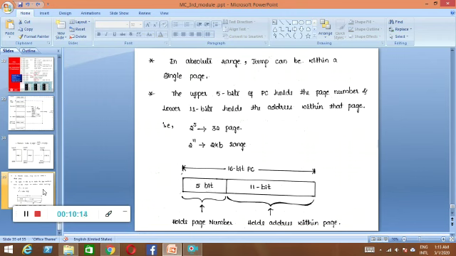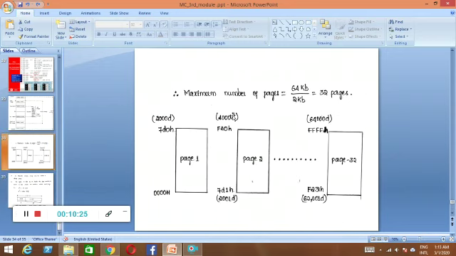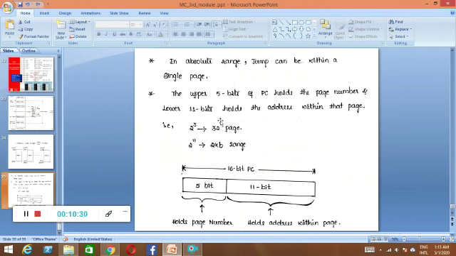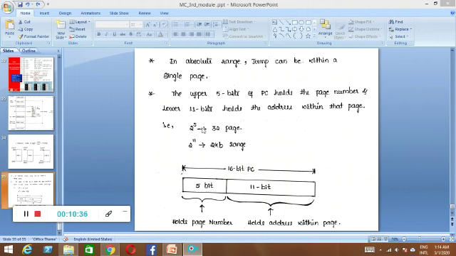So how the absolute jump works is that it considers the total 16 bits as 2 raised to 5 and 2 raised to 11, which means 32 pages can be formed. The 5 bits decide which particular page it is going to use, and within that page, the particular address is decided by these 11 bits, right?